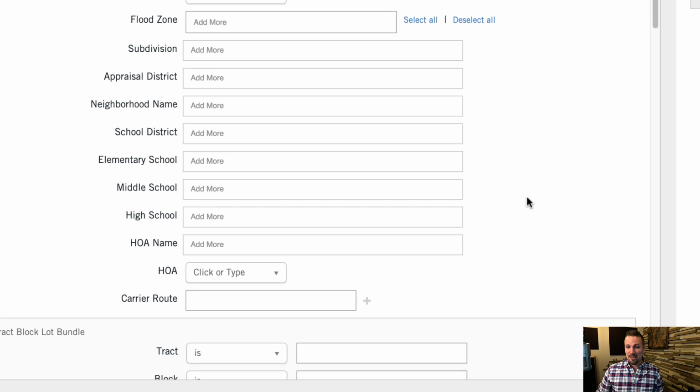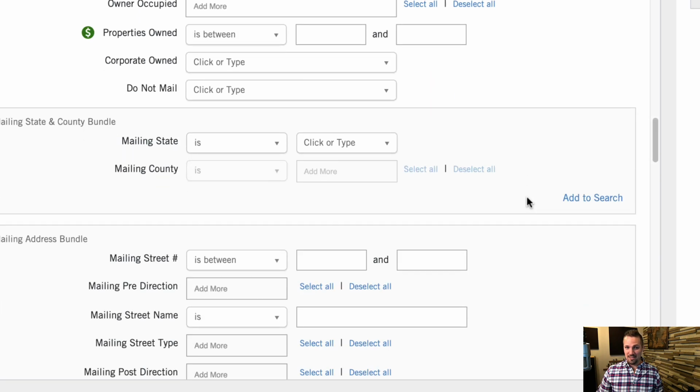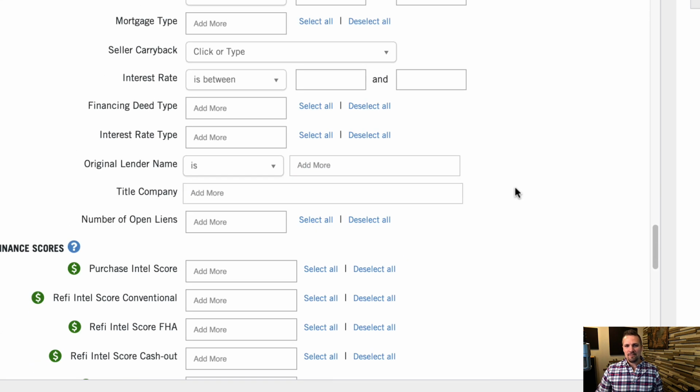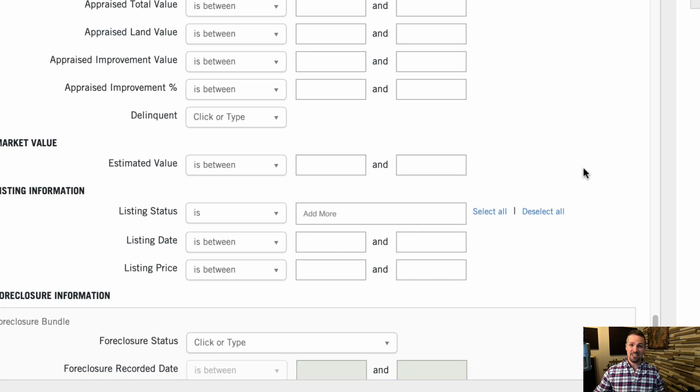And now let's go down to this new tax delinquency filter. I know this is probably the one that most people have been waiting for. And I think there's a little bit of a misconception of what this can and can't do. So I'm going to explain to you what they explained to me, just so that you understand the parameters of this and what you should and shouldn't expect this to do for you.